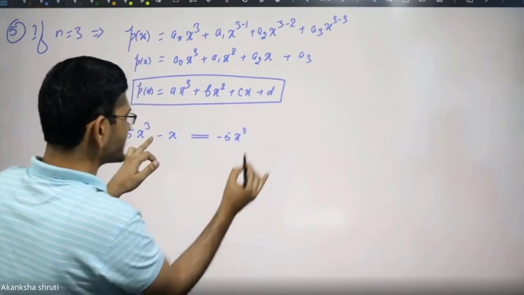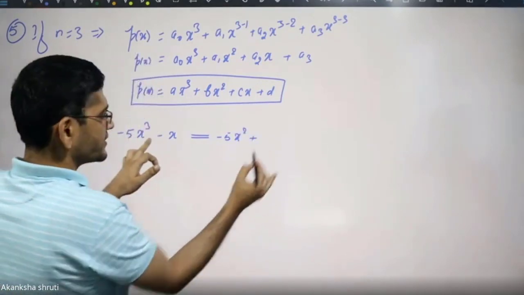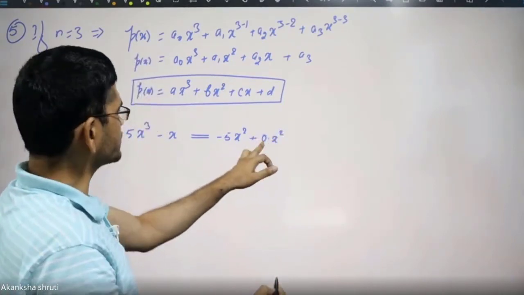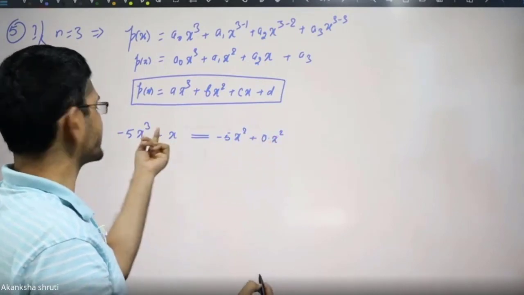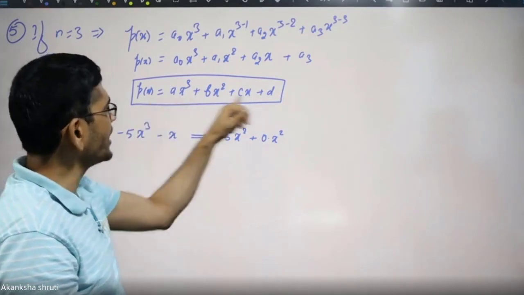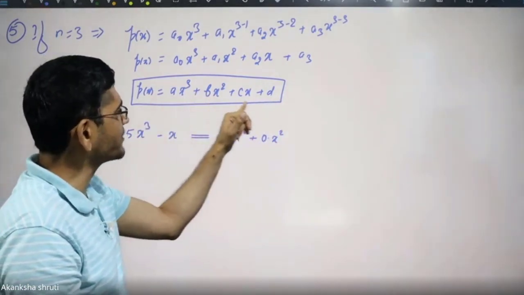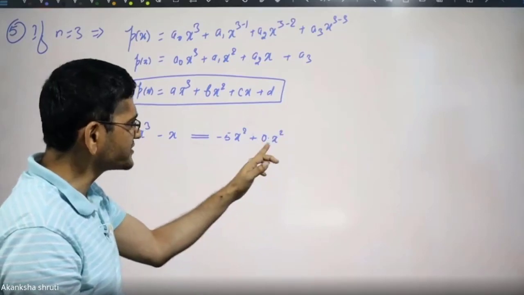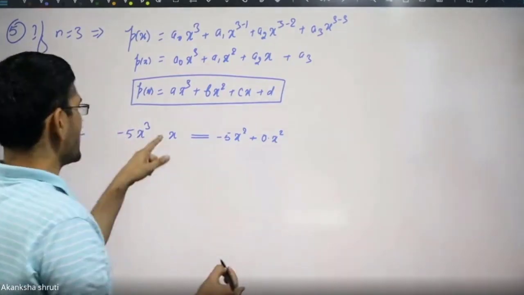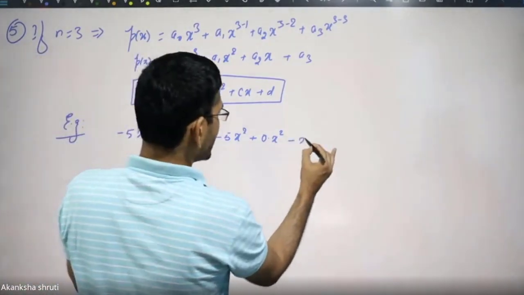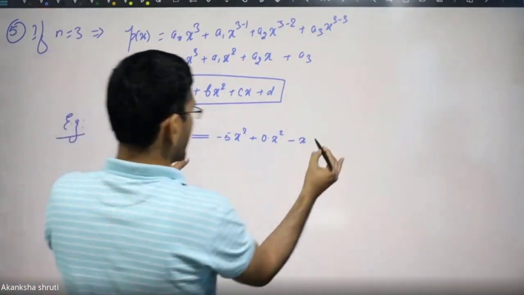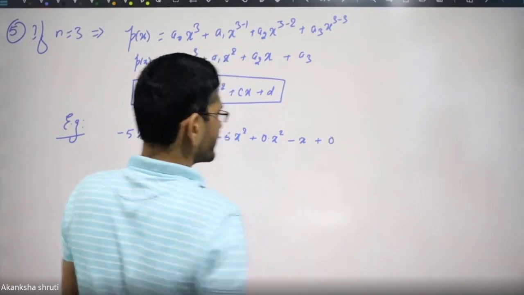See, the x squared term is missing here, students. Therefore, we take 0 into x square, because 0 into x square becomes 0. That is not required to write in simplified form. But when we want to write this expression in the standard form, all the powers of x should be present. It means the coefficient of x square is 0. That's why this term is missing. Now the x is already given. This is x. It simply means 1 into x, or here minus 1 into x. Also the constant term is missing.